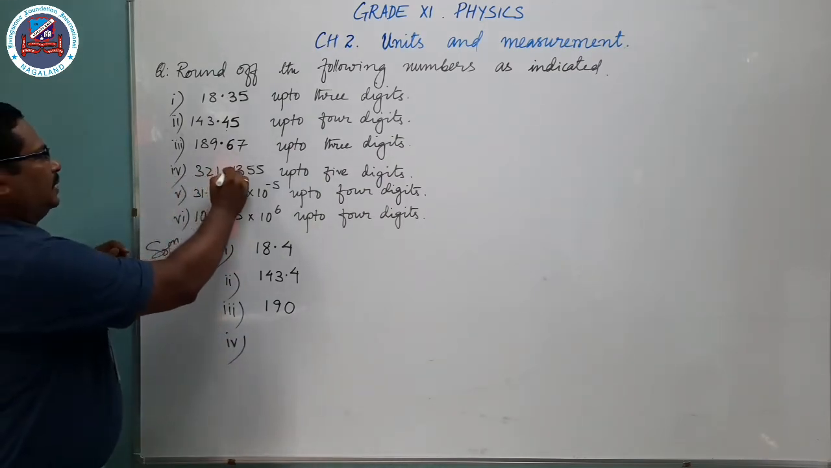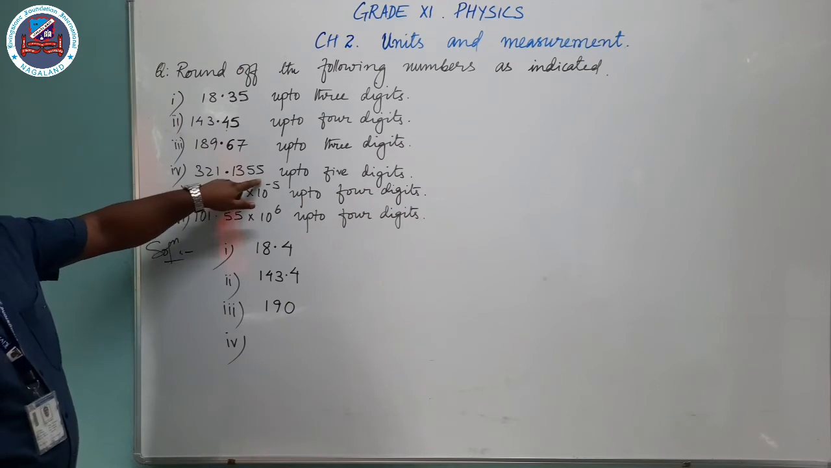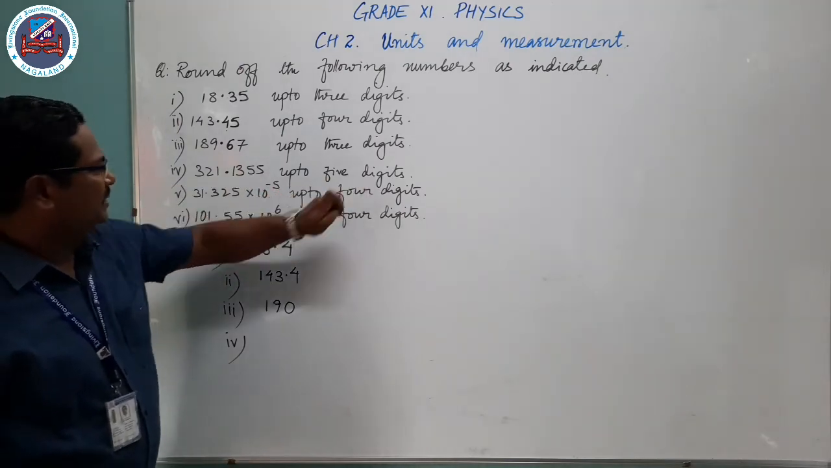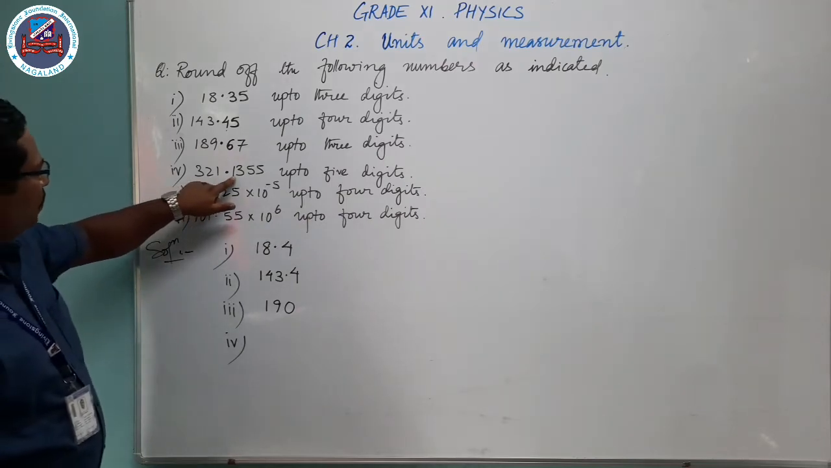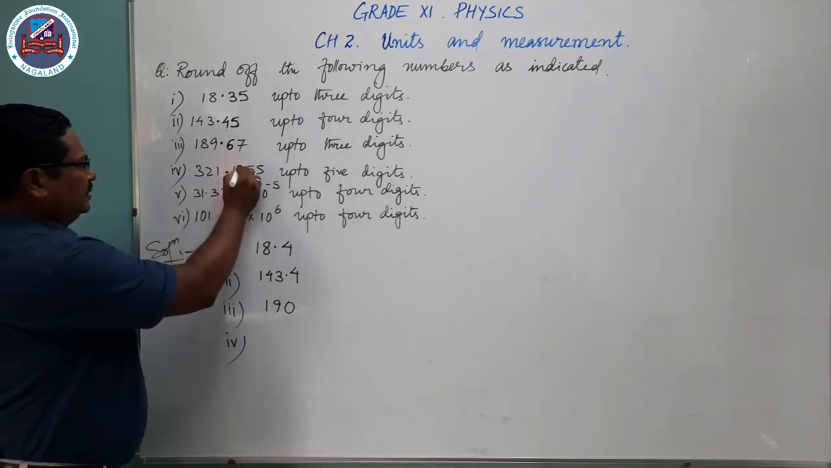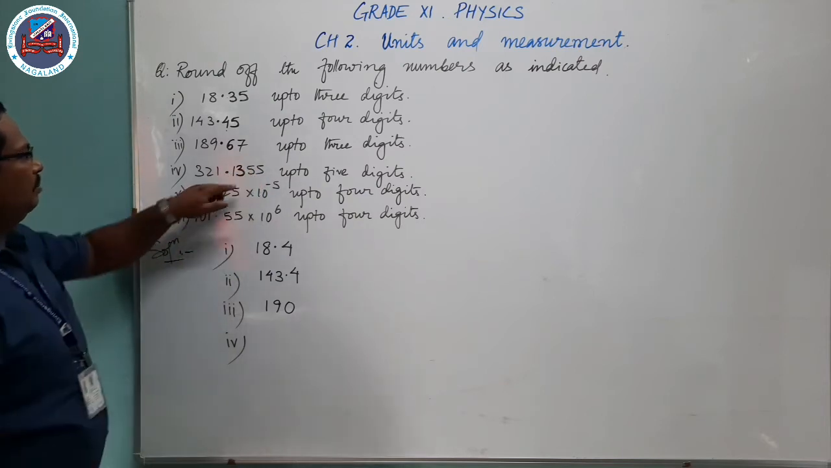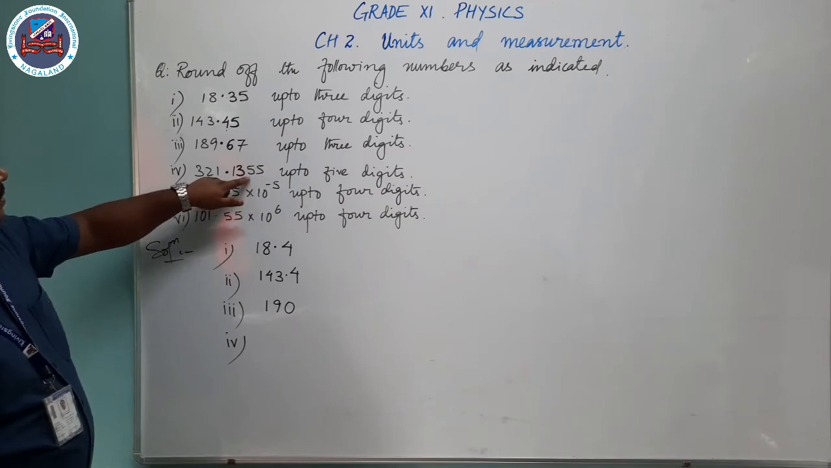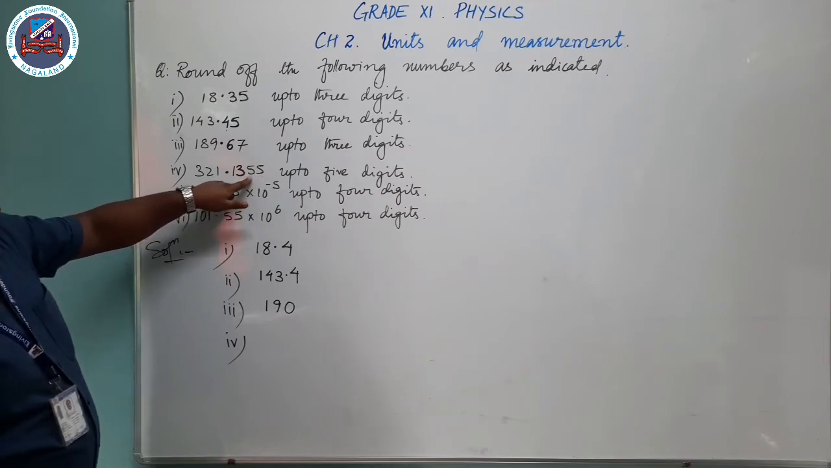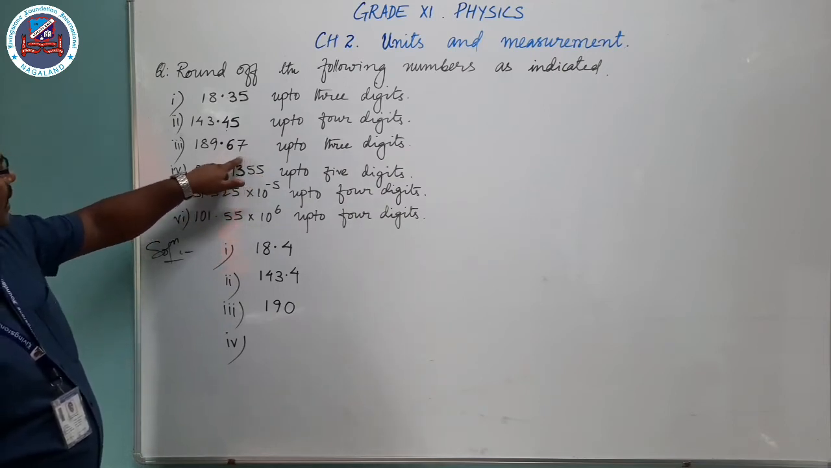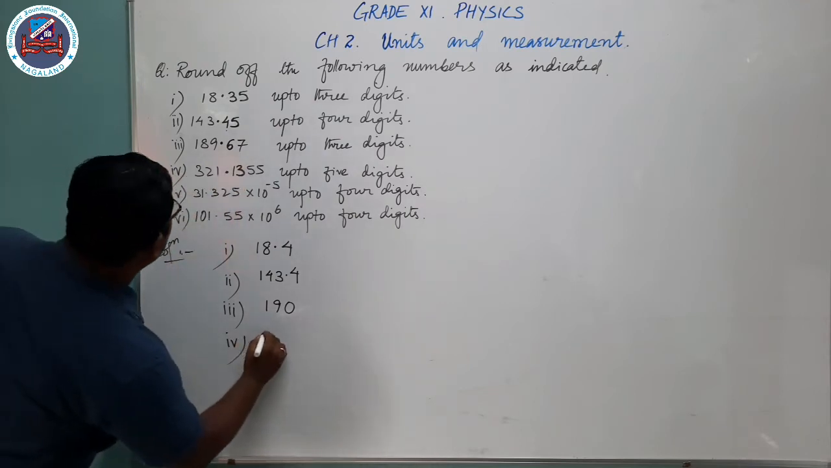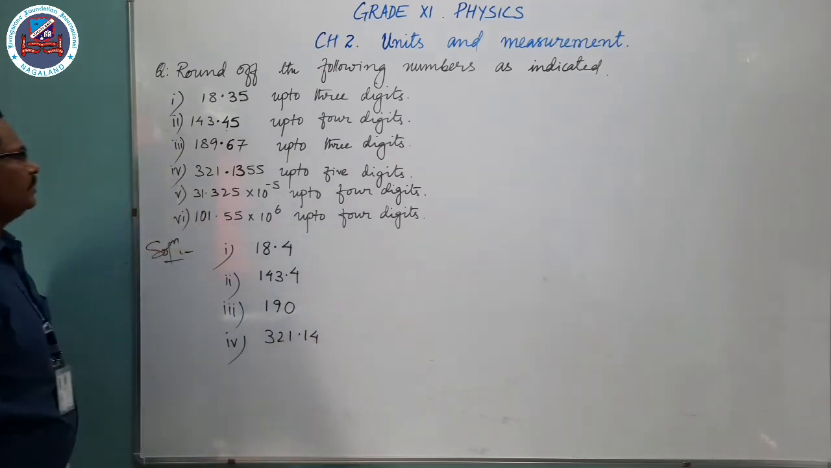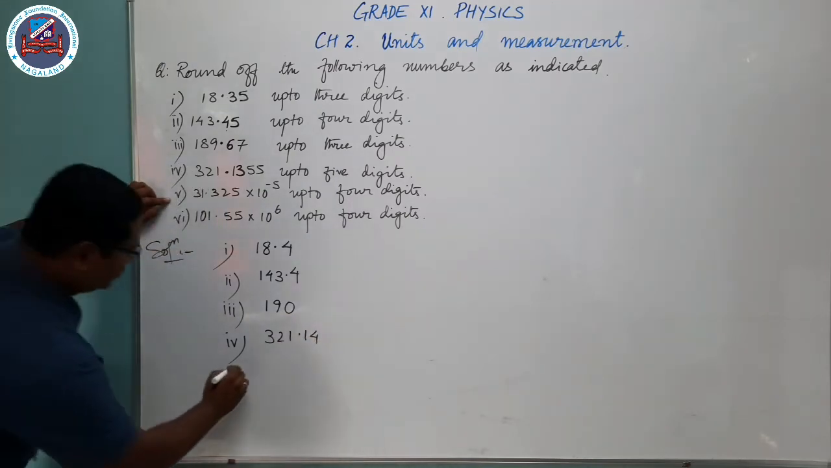you have altogether 7 digits here. You are going to round off up to 5 digits, 1, 2, 3, 4, 5. The dropped digit is 5, but it is not a zero ending, here it is not a zero ending. So as it is 5 and the preceding number is odd, we will add 1, so it will become 321.14. Then the fifth one,